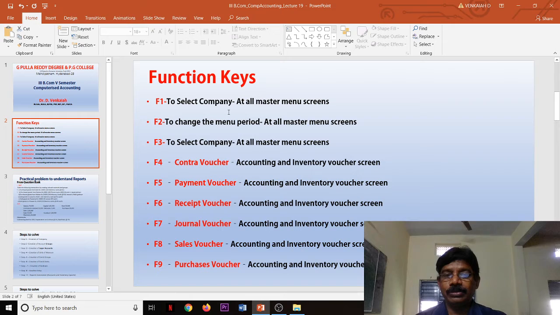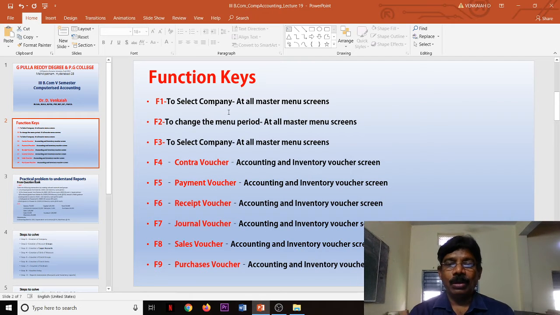The F1 function key is available in all master menu screens: accounting masters, inventory masters, voucher entry. It helps us to select the company. F2 is used to change the accounting period.